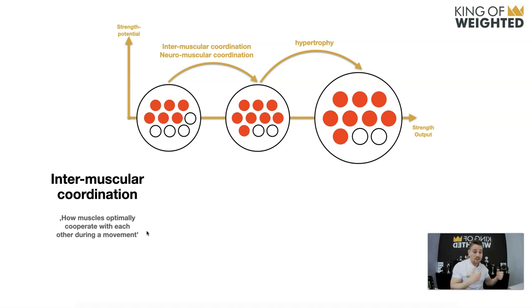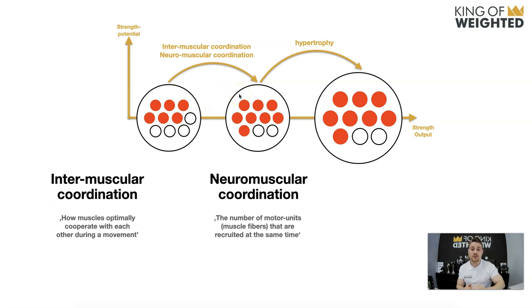And the next thing is technique and timing. So there are different aspects of intermuscular coordination that can bring us more strength output or harm the strength output. That is basically the more technical or learning aspect of a movement. So the better your technique is and the better you are at doing this movement, the more strength output you actually have. Then the second mechanism we want to take a look at is the so-called neuromuscular coordination, which tells us